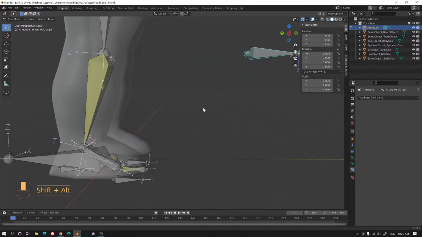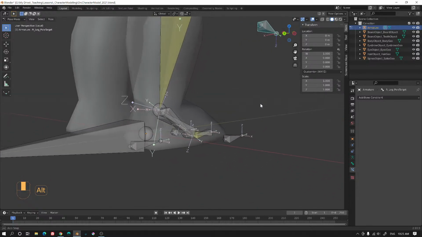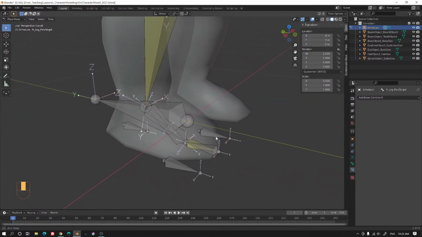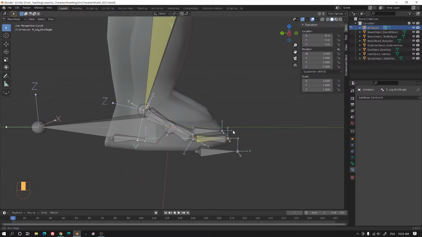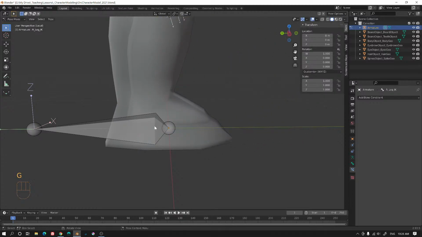Okay. All right, and so now, if I were to move this,